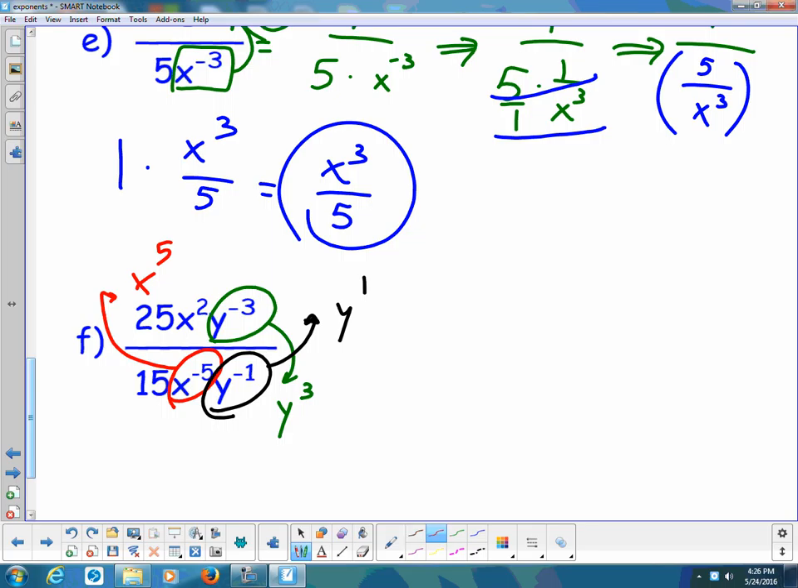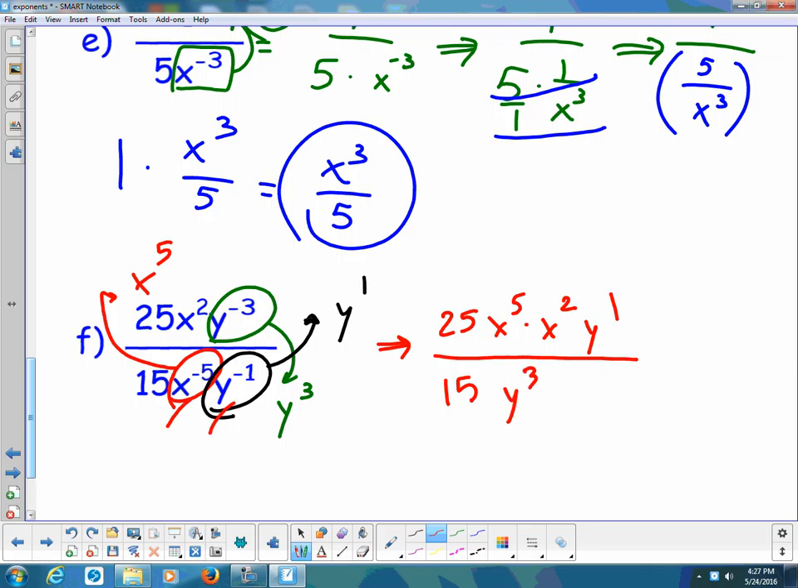So far I still have the 25. I've got x to the fifth times x to the second, and I have the y to the first in the numerator. In my denominator, I have 15. This one's gone. I moved that one already. I moved this one already. But the y to the third moved down to the denominator. At this point, I notice that I'm multiplying these two numbers that have the same base. So I can add the exponents. So I'm going to have 25x to the 7, y to the first, or I'll just write y, over 15